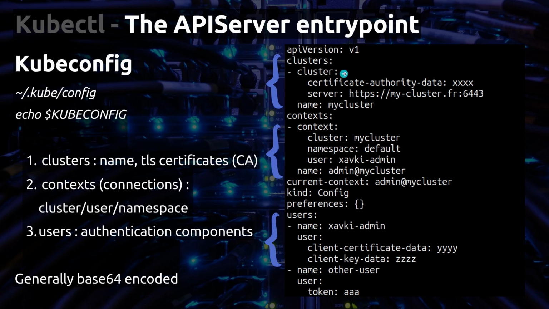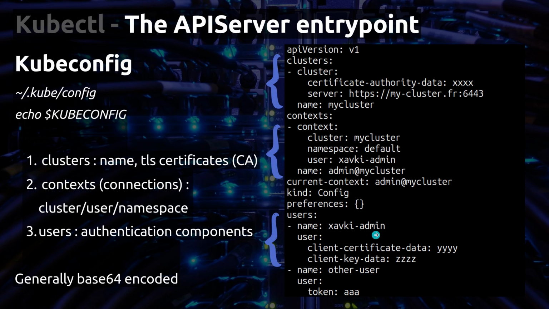And after that, we have the context. So the context is just two really important things. Of course we have the name of our context, so this is whatever you want. This is just a name. And after that we have the cluster. So the cluster is just a reference to what we have in our cluster list. We want to use the first one, so we define here the same name as we have there. And aside from it we have the user.